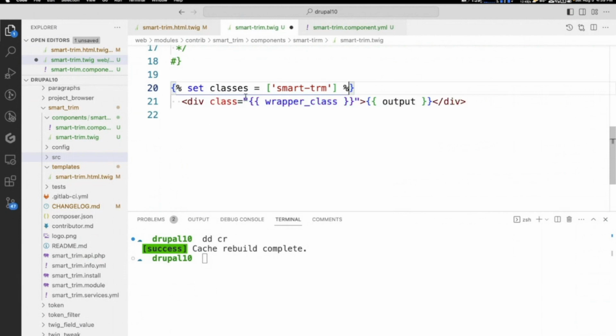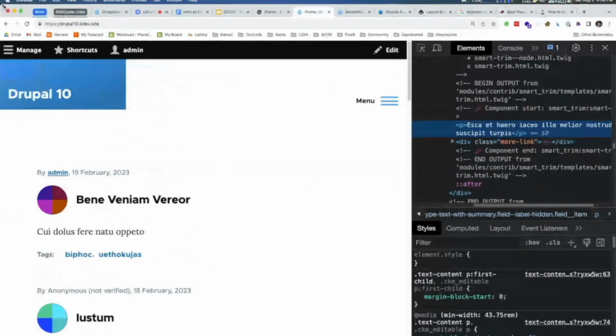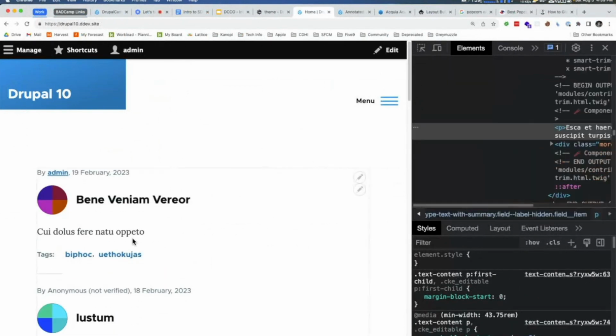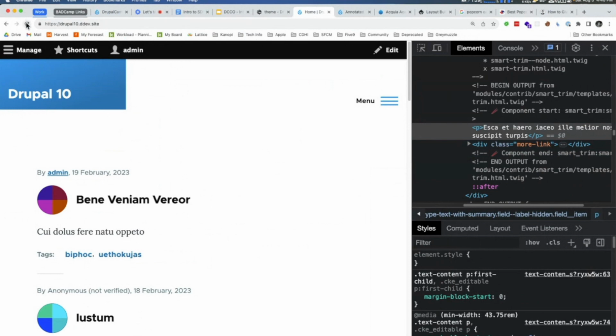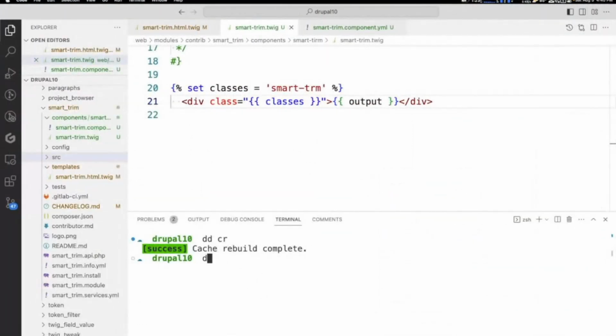And then we can actually do, let's just do it in a string because we're not doing it in attributes. So then instead of doing wrapper class, we're going to do classes, right? So now we have classes, we refresh the page, we re-inspect that, and it didn't do anything. Why didn't it do anything? Clear the cache? Even though it shouldn't be building that?